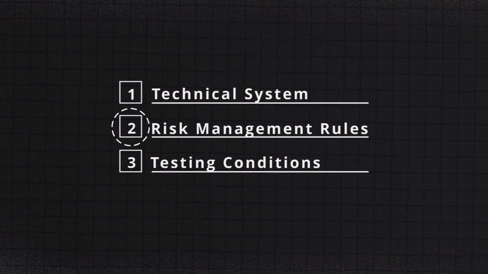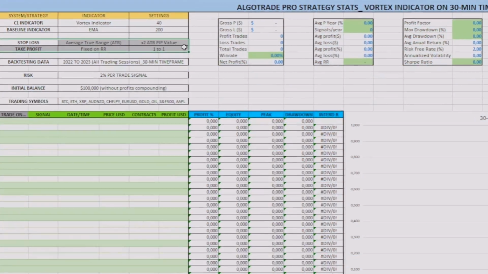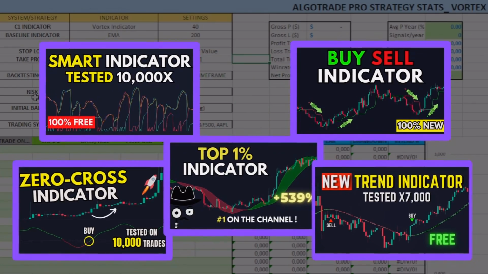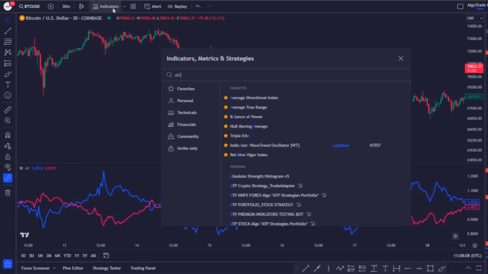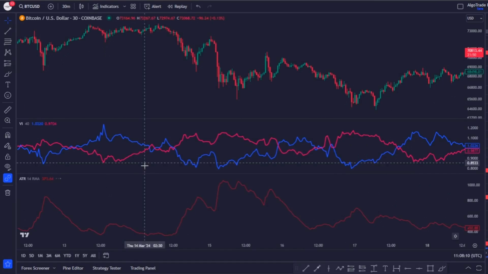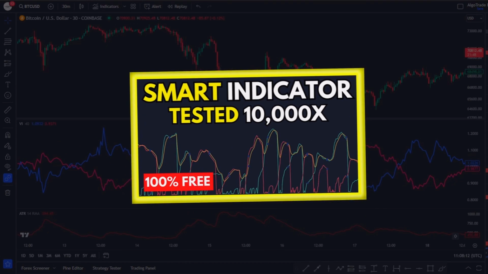Regarding the second step, the risk management, it will also be the same one I used in the other episodes, using a 2% risk per trade, a stop loss calculated based on 2 times the average true range indicator number, and by using a take profit on the 1-to-1 risk to reward ratio zone. If you'd like to know more about this risk management system, check out the first episode of this series regarding